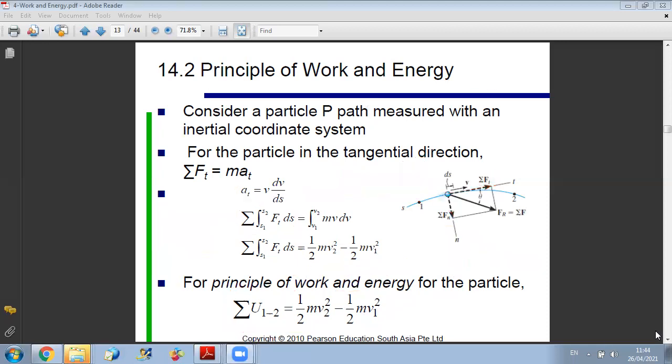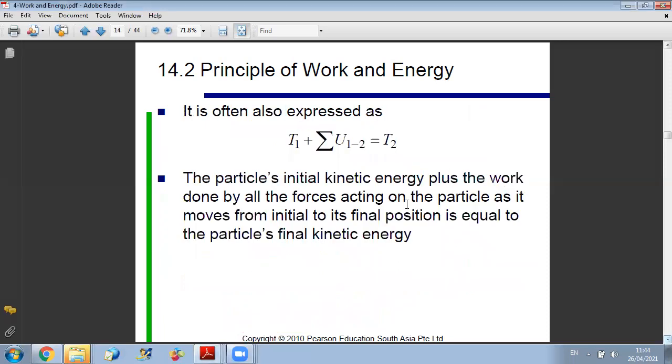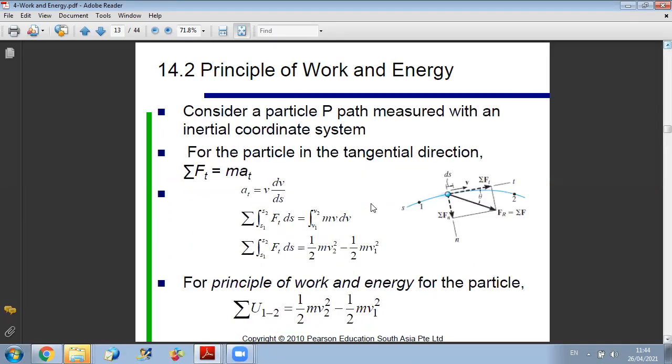Now, sometimes you can see the principle of work and energy in another form. So just here, if you take half mv1 squared to the other side, and in Hibbler's book, the notation for kinetic energy is T. So T1 is the kinetic energy at state 1, it's half mv1 squared, and